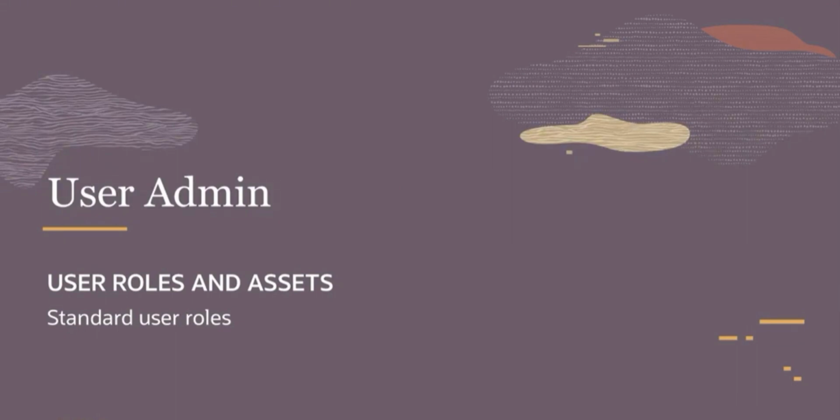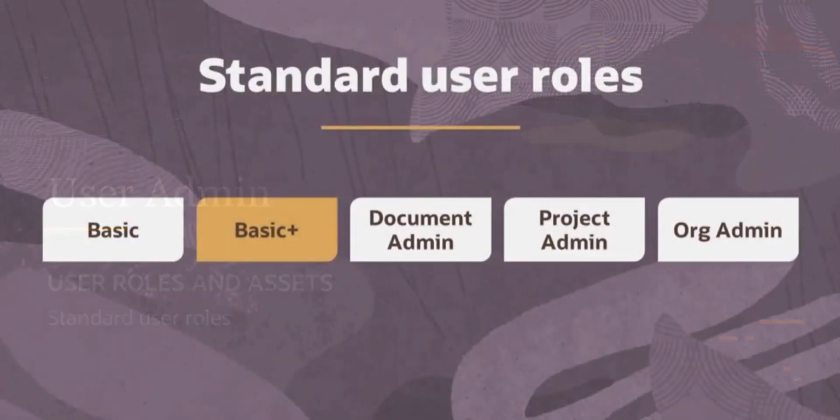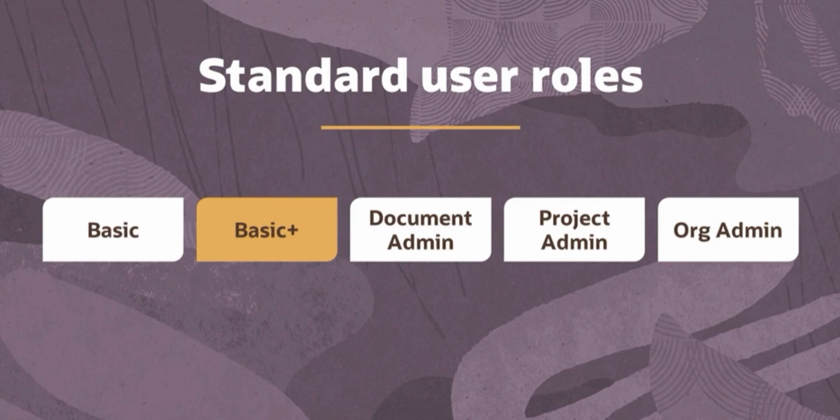User roles define what someone can do or not do if they're assigned to that role. Let's take a closer look. In Aconex, there are 5 standard roles that are created by default for every organisation. They can be changed and new roles can be added, but the 5 standard roles are designed to suit most